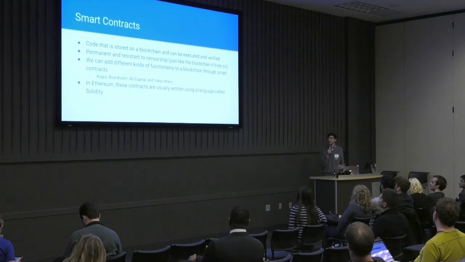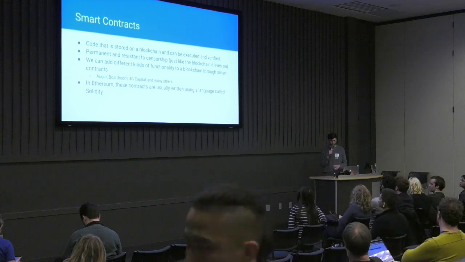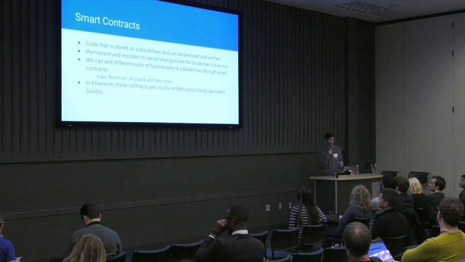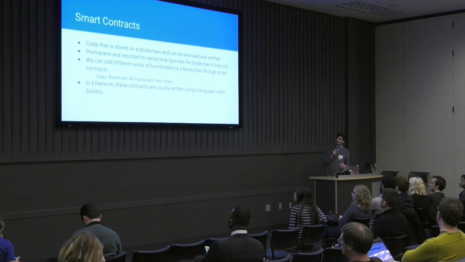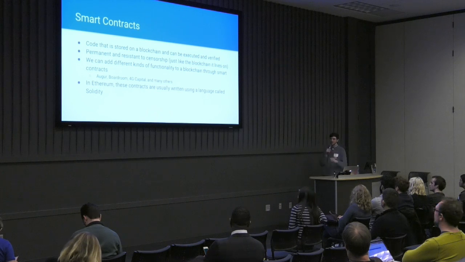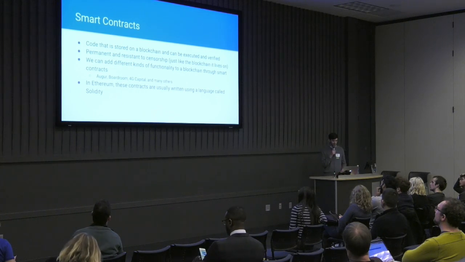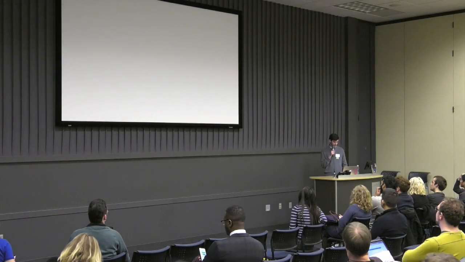And it's permanent and tamper-resistant, just like the blockchain that it lives on. Once you write it down, no one else can change it, kind of. And yes, we can add different kinds of functionality to a blockchain through smart contracts. I was going to go through what these companies are doing, but I don't think we have time. In Ethereum, these contracts are usually written in a language called Solidity, which